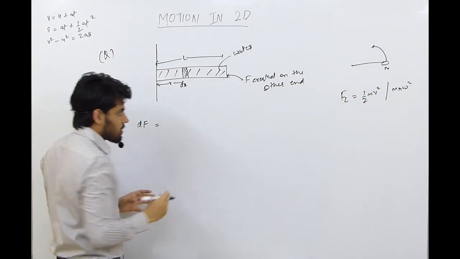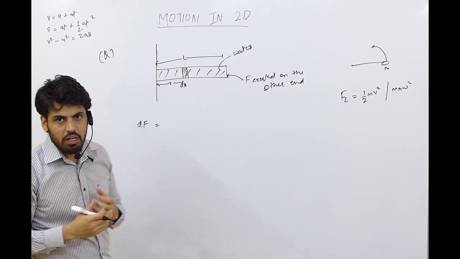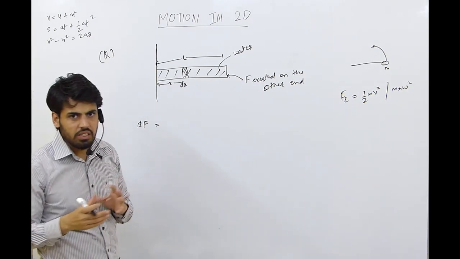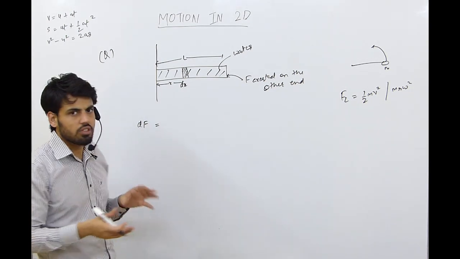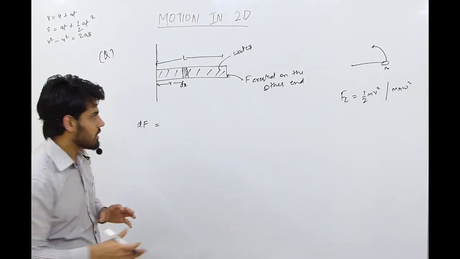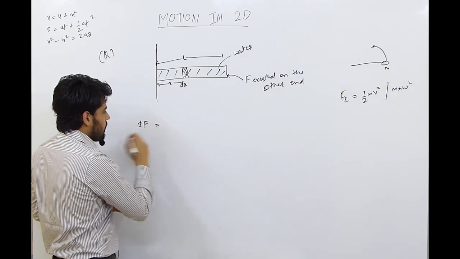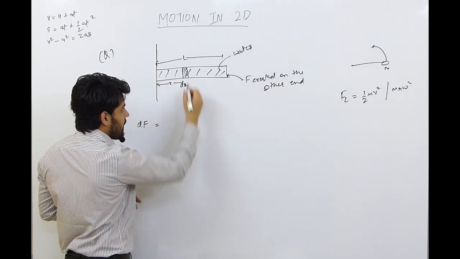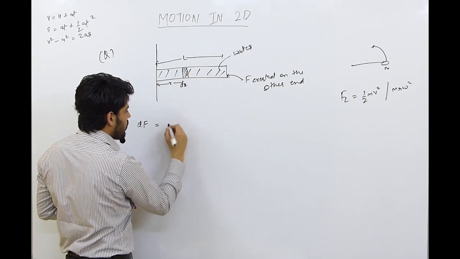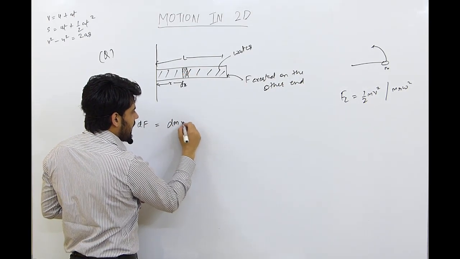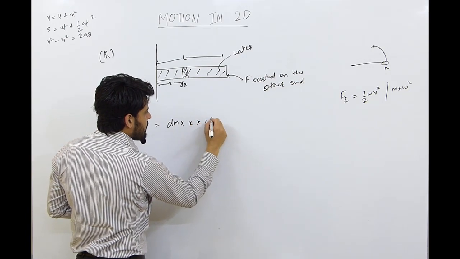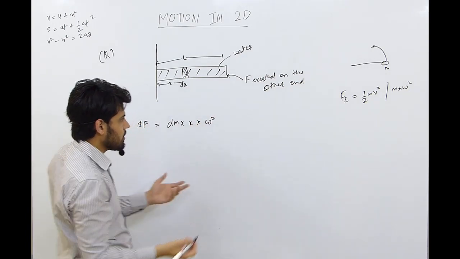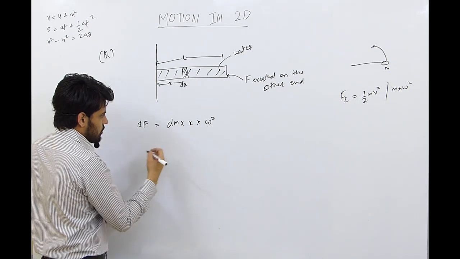I am just solving these numericals considering that you have cleared your basics and you must be familiar with the basic formulas. So that's why we are jumping directly to the numericals. So df force will be equal to m, the mass of this small component we will consider as dm, distance from the center is x, and angular speed at every point will remain the same because this is angular velocity.